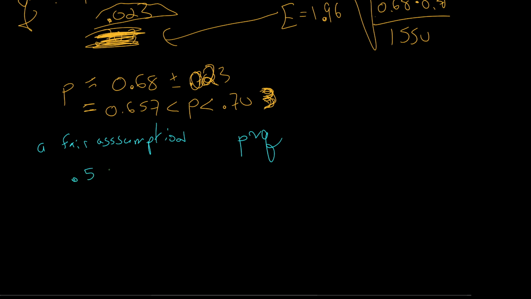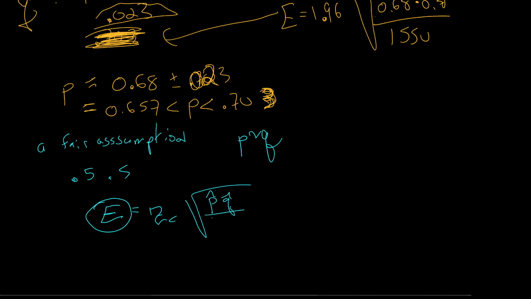And so that it's going to be 0.5 times 0.5 for the P and Q. And so if we use this error function and we want to get within a certain percentage, and we need to know how many things we need to do that,